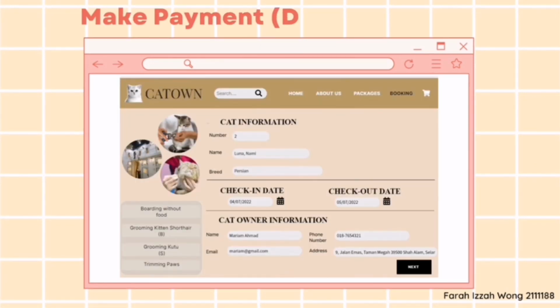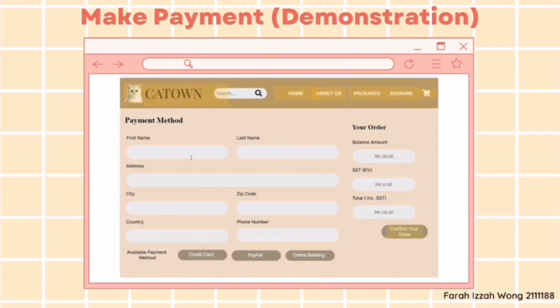The demonstration: first of all, after you have filled in your booking details, you click next. And then you fill in your first name, Mariam, and then your last name, Ahmed, for example. And enter your address. Your city is Shah Alam. Zip code 39500. Country is Malaysia.